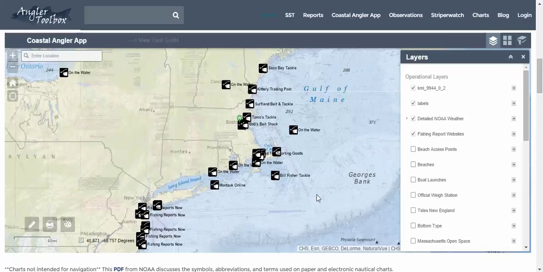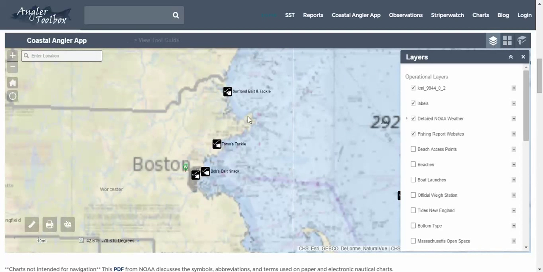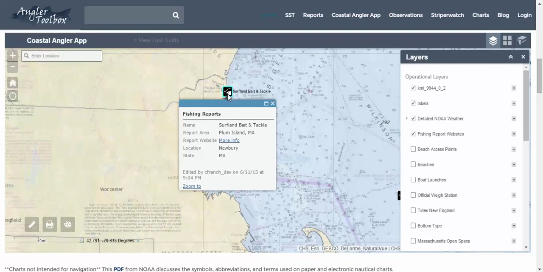These are all just linked websites. They're not original reports, so take note of that. If you have websites you already go to and they're bookmarked, fine, you don't need this, but I find it handy to see what's around in the area spread over the geography, and there's a lot to fill in here, obviously. But just to show you what this looks like, click on the fish symbol,